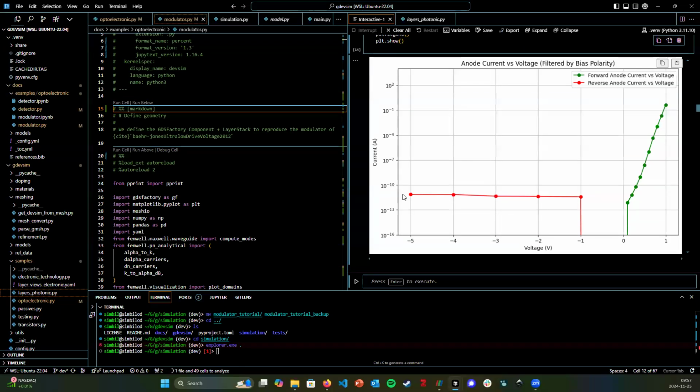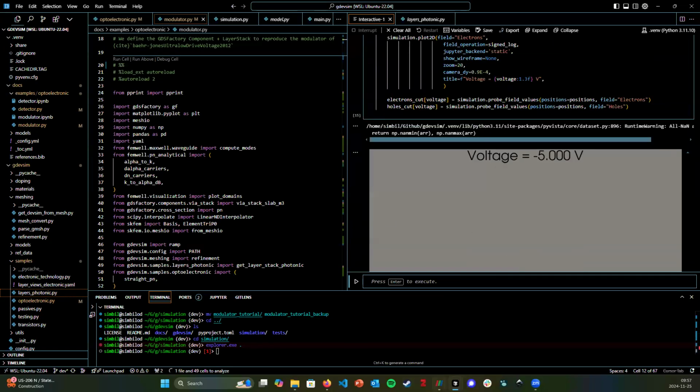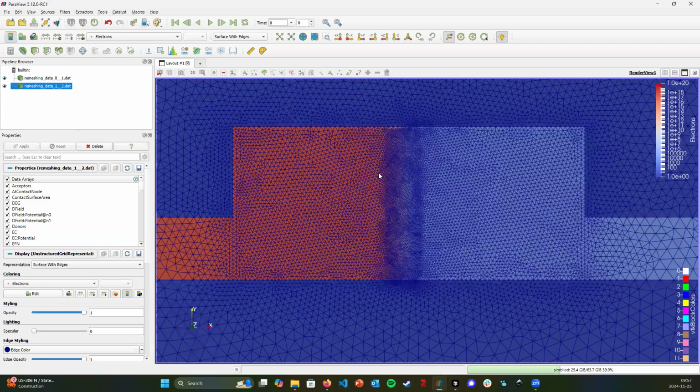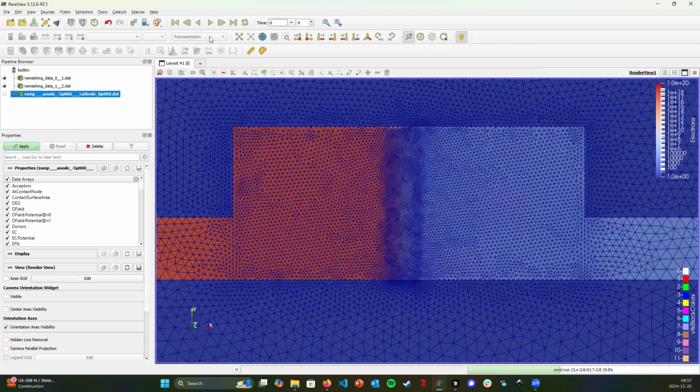You can also look at the current through the terminals, and you can see you have the expected behavior where in forward bias, you start to exponentially increase current. In reverse bias, nothing happens much. And so we get these charge densities as a function of voltage. So if I go to -5 volts, for instance, and I look at the same